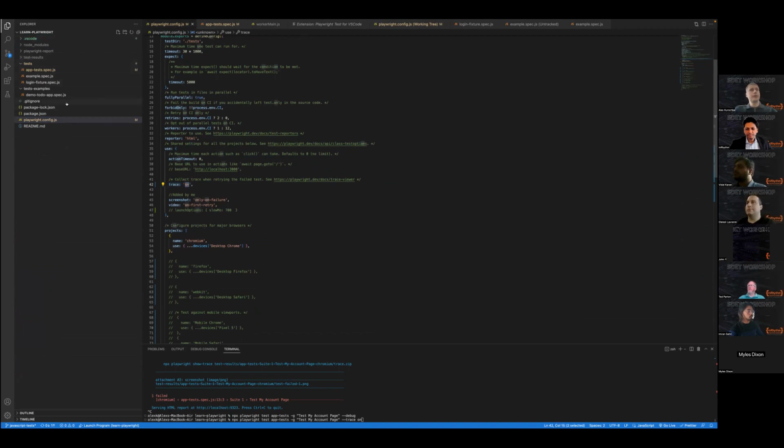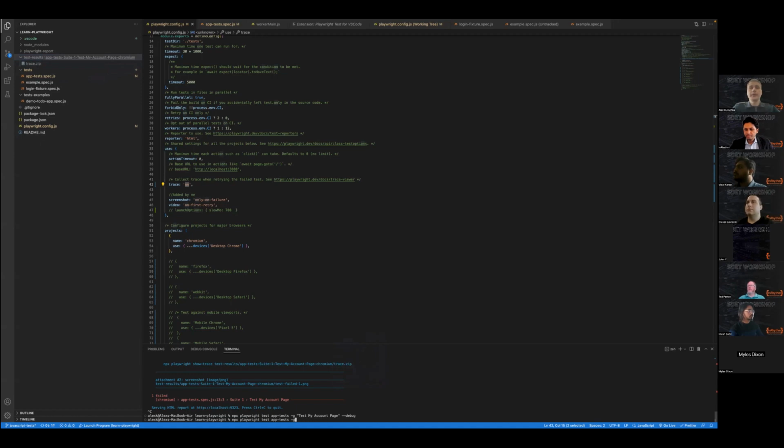So I don't need to run it right now because we already had several runs, and we have this trace in the test results folder. For each test you run with trace on, it creates a subfolder and records a zip archive.